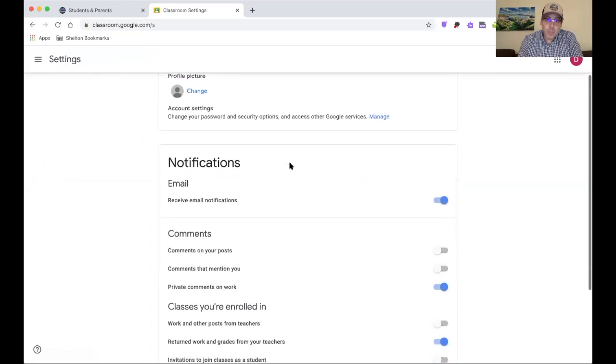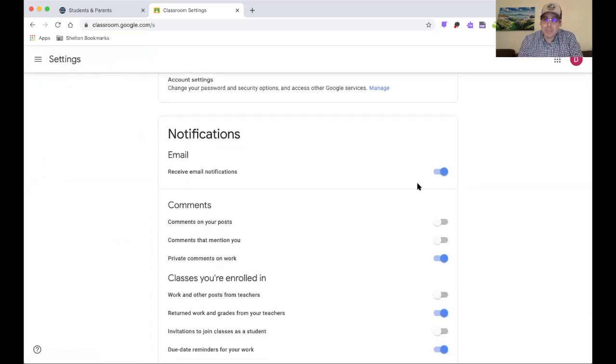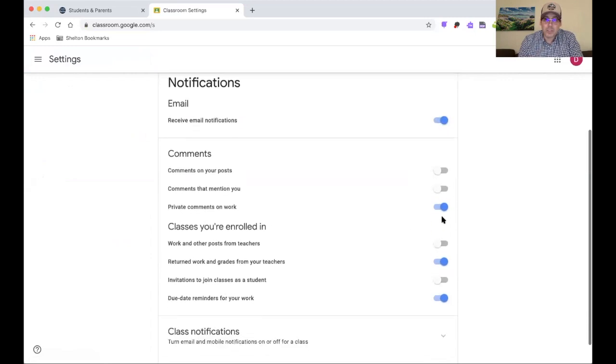So we definitely want them to have email notifications turned on. However, we want to make sure that they have the correct categories enabled and disabled. So for the comments section, students and teachers as well, they should have the first two options disabled. So we don't want students getting an email if somebody comments on a post. We don't want students to get an email if somebody uses the @ symbol to mention them, kind of like